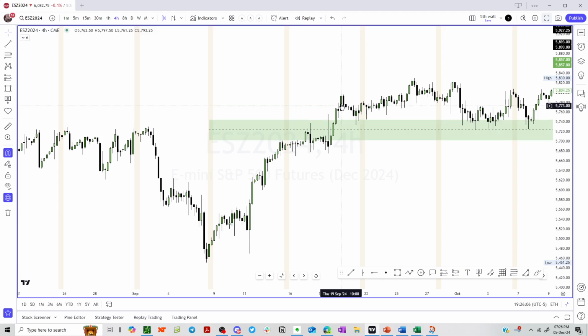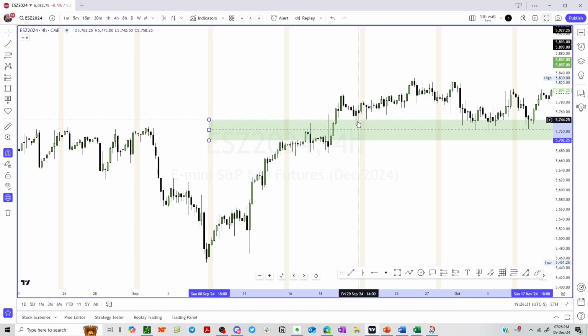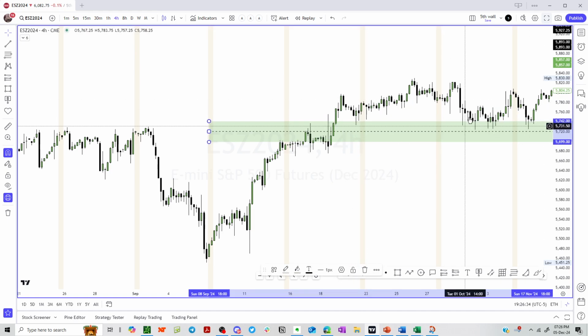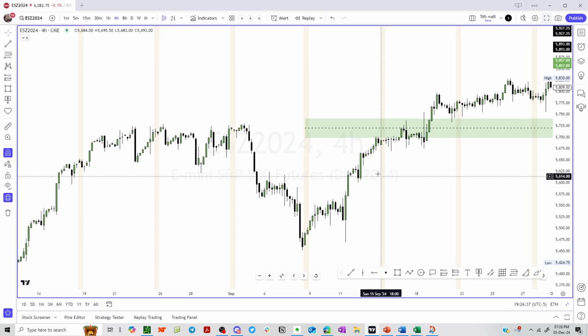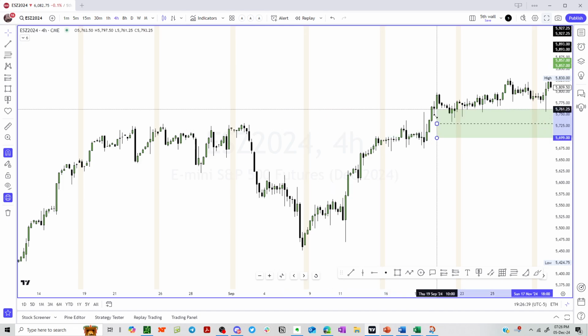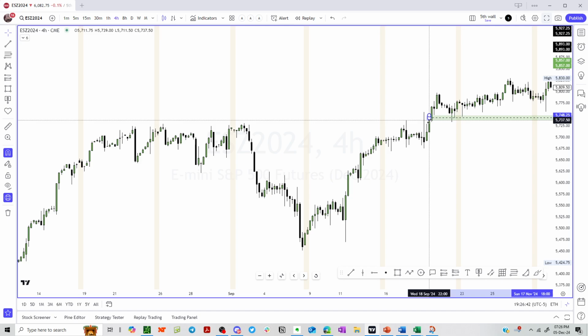My point is, let's see what inefficiency did price react to in this price leg? Whatever inefficiency you see. Me, I love inverted fair value gaps. You can kind of say this one here, whatever. I'm not going to go that far back. What I want to say is, where do you see price reacting right here, before this price action happened? Yeah, I'm going to just highlight it. So here to here,